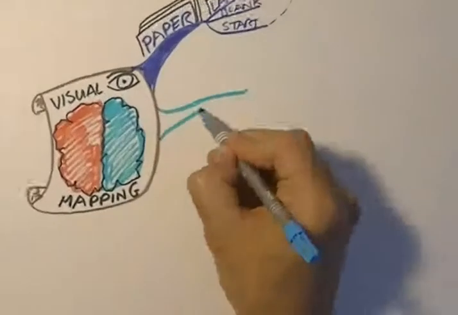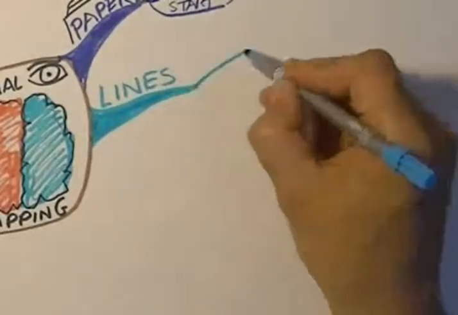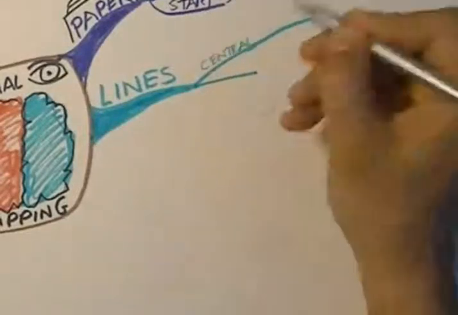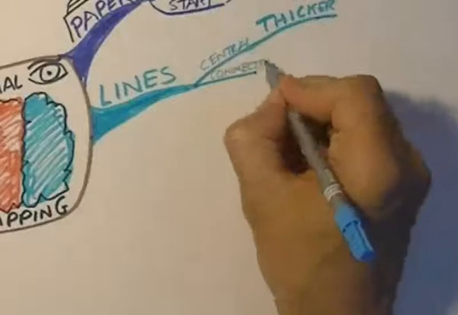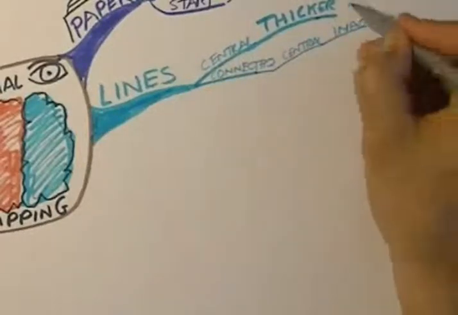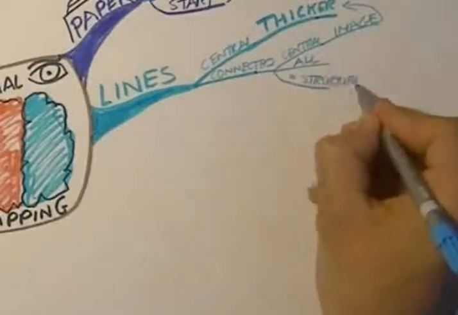The next branch is all about the use of lines on the map. The lines are thicker at the center so that you make it extra clear that it is a key topic, and these are connected to the central image. All the lines are connected, which creates a very clear structure, and the outer branches, as they move out, become